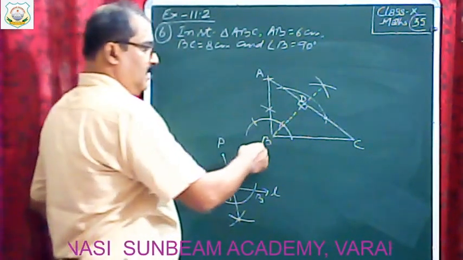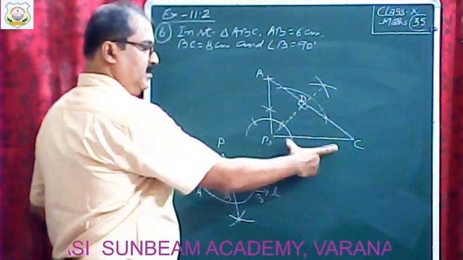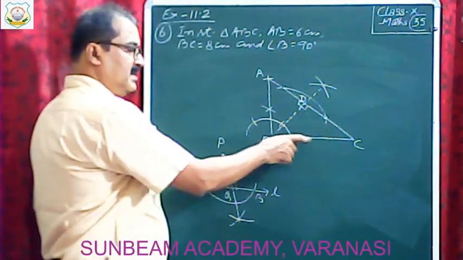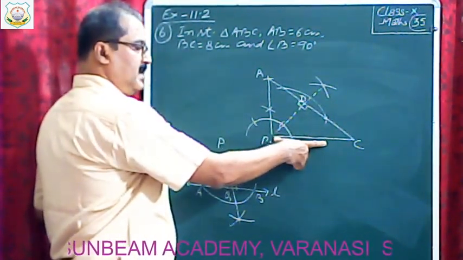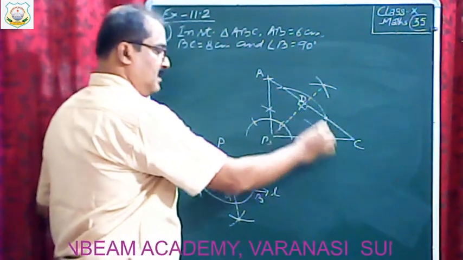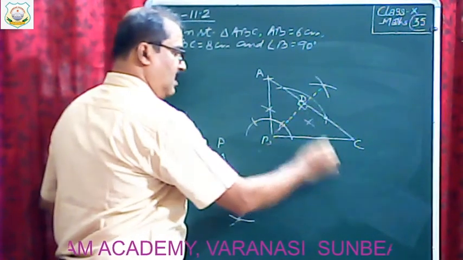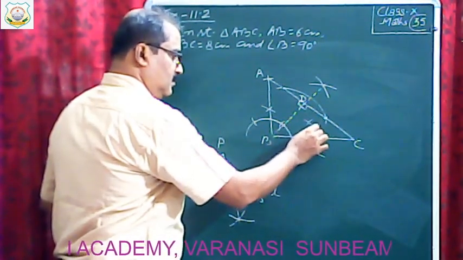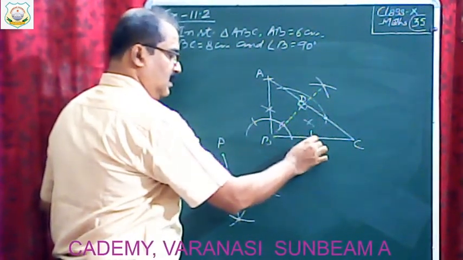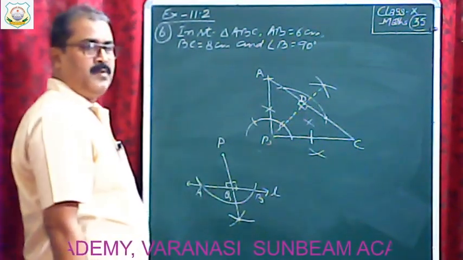So in triangle BDC, angle D is 90, BC is the hypotenuse. With B as center, more than half of the length of BC as radius, draw arcs on either side of BC, and from C also same radius, draw arcs intersecting each other, and only mark the midpoint of BC.